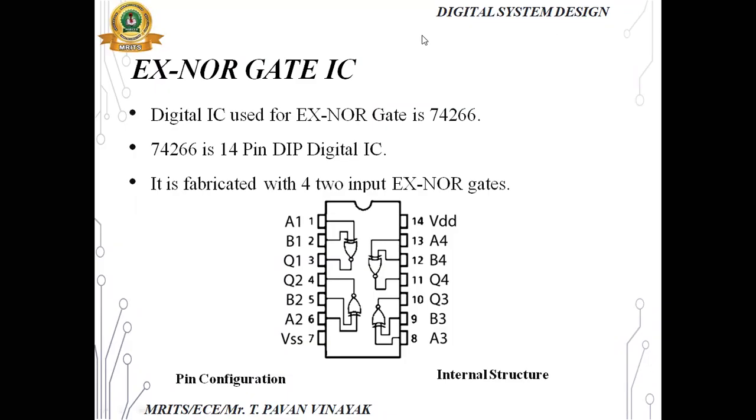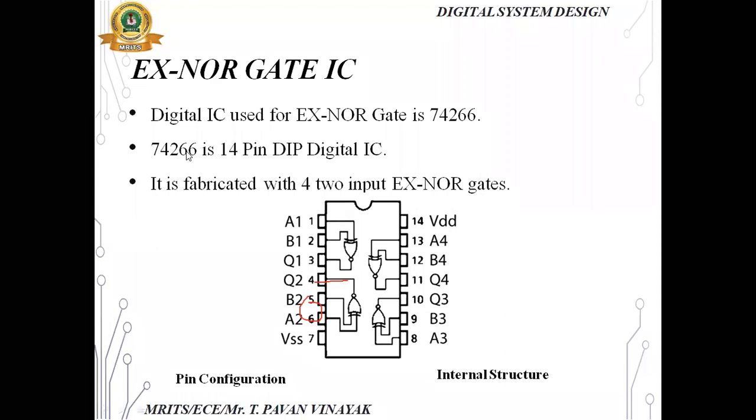See, 1, 2 are inputs, 3 is output. Again 4 is output, 5, 6 are inputs. Here the gate is inverted. Let us note this point, that one is important. Here 5, 6 are inputs, 4 is output. So remember this difference from the other gates.